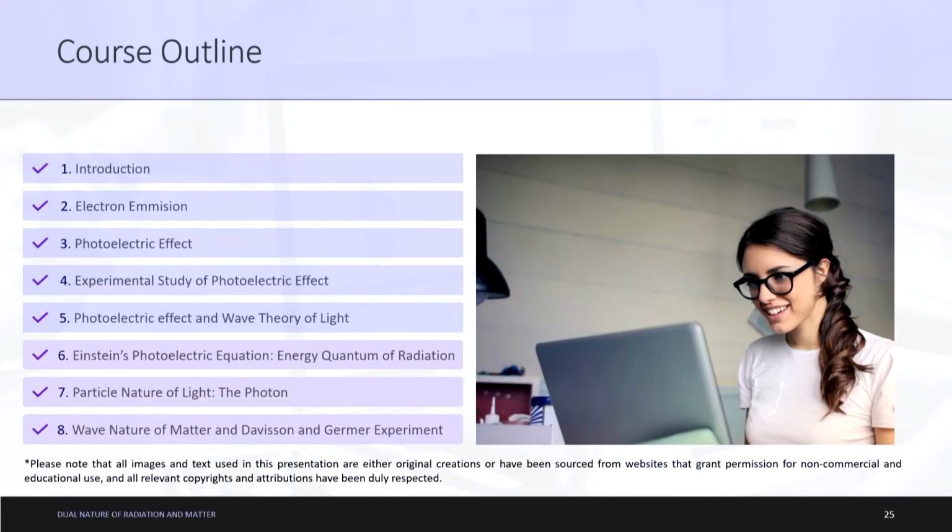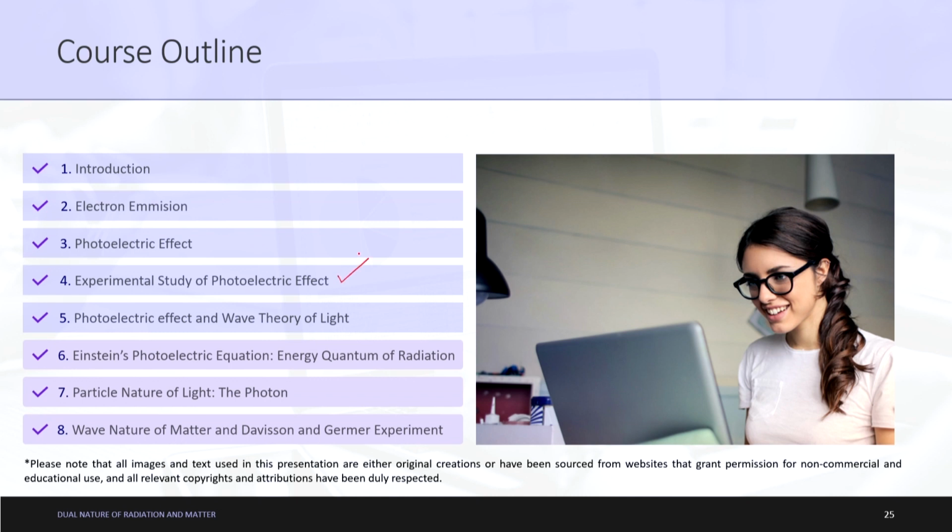So hello everyone again. This is lecture 2 part 3 of dual nature of radiation and matter. Let's go on with the further discussions of experimental study of photoelectric effect only. So I am Sameer Lavankar. Let's begin our discussion. Right now we are on the fourth point, that is experimental study of photoelectric